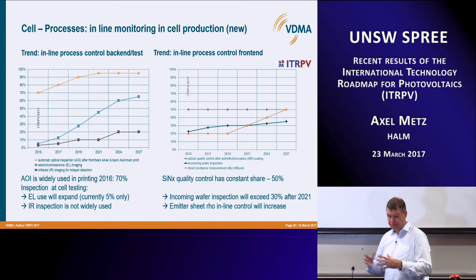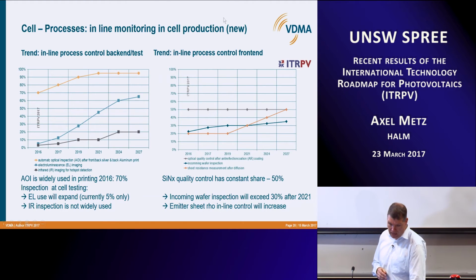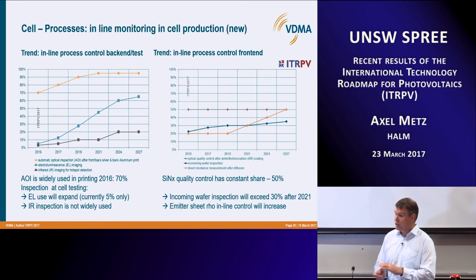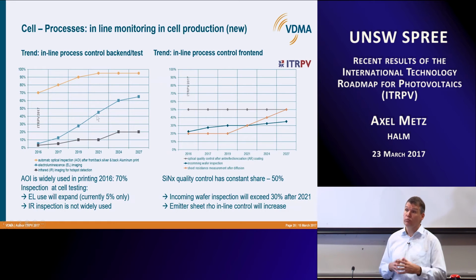Okay, so how about the back-end testing, or the general inline monitoring of cell production? Of course very interesting for my company, since we sell inspection systems to the industry. So we see that AOI is widely established in the industry. Also the Chinese are going away from manual wafer optical inspection. They go to automated optical inspection, but also EL has found its